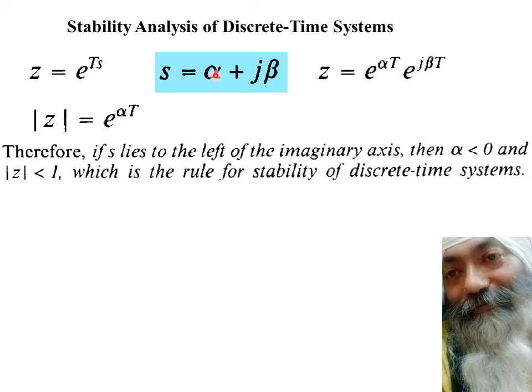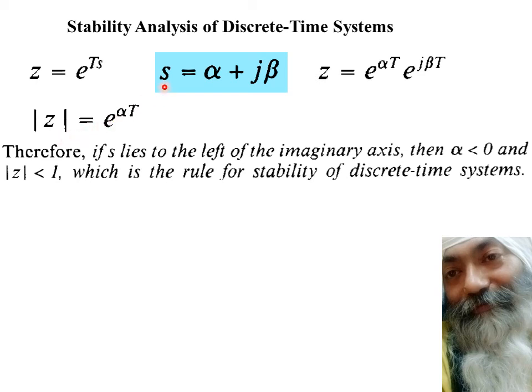If you put this alpha equal to 0, e to the power 0 means it will always be equal to 1. And as you put alpha greater than 0, here it becomes e to the power something positive, and then this value of t goes on increasing, multiplied by n equal to 1, 2, 3, 4, 5. This becomes unstable because alpha on the right of the plane means system is unstable, and alpha on the right means alpha is positive. This e to the power something positive means that the magnitude of that is greater than 1.